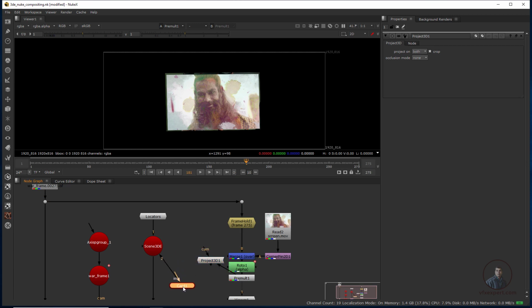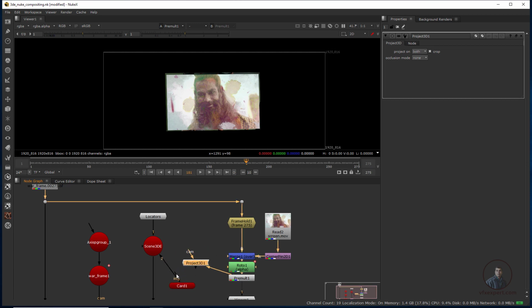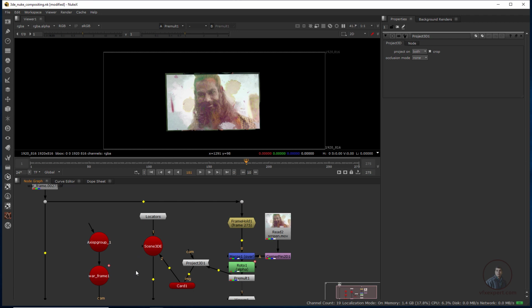Now come here. In a simple projection, we have to connect the card here because this image we have to project onto our card with the help of our camera. There is no animation, but here if you look, there is an animation in our camera. So first, again the same: copy the same frame hold, then Control C and Control V, I have pasted it here. Now I have connected it here.